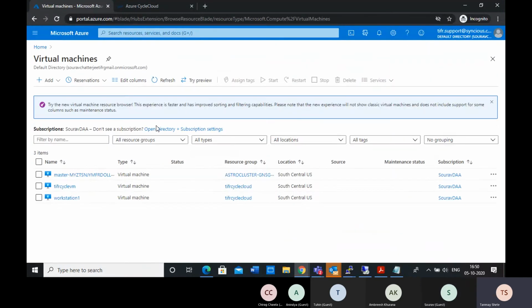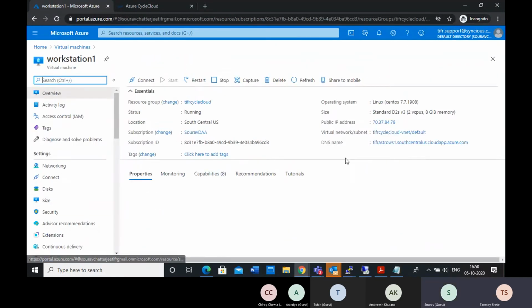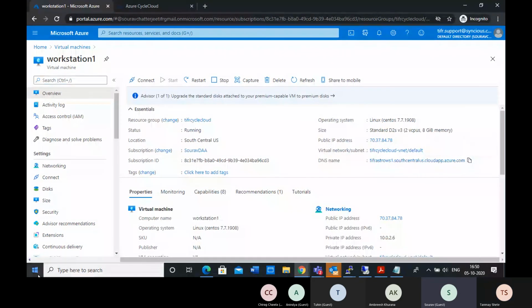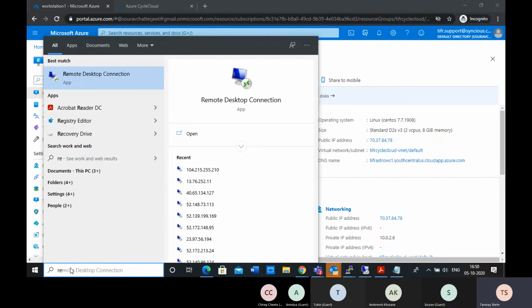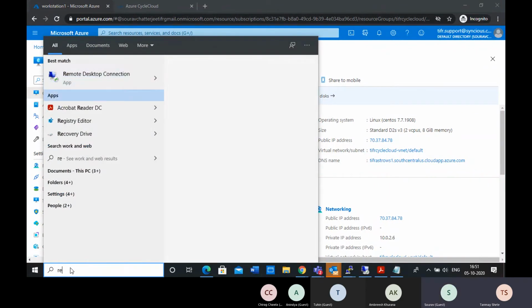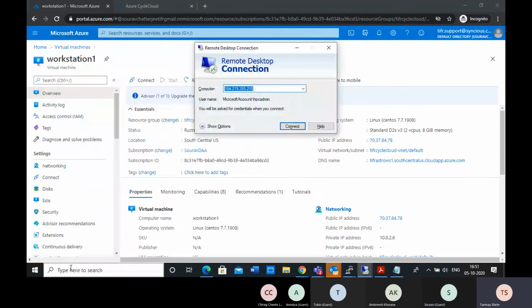By the way, this is the back end. While everybody is using Linux, there is a utility called Remote Desktop that you can install on your machines. We have tested the VNC performance and the Remote Desktop performance, and we found that this performance is better. So we will provide you.